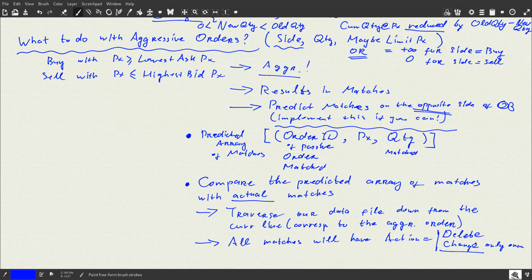So an aggressive order matches passive orders, which results in delete of passive orders. And finally, the last passive order may be partly filled when the aggressor is already completely filled. And then the corresponding passive order may or may not be completely filled. If not completely, then it is a change. So we get delete or change. So all matches will have action delete or change